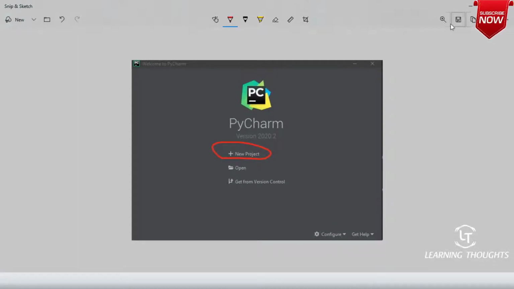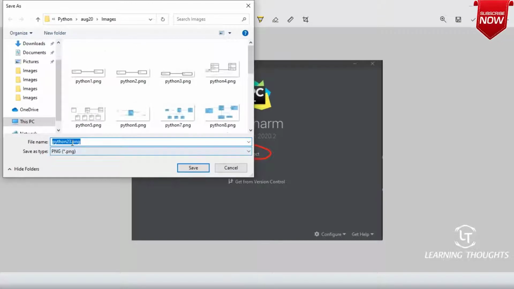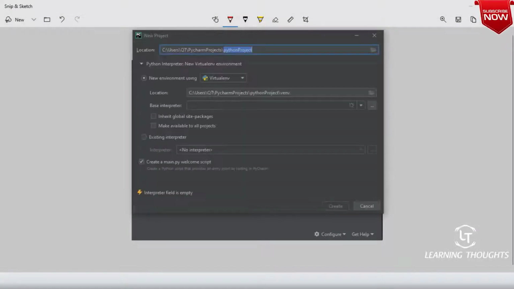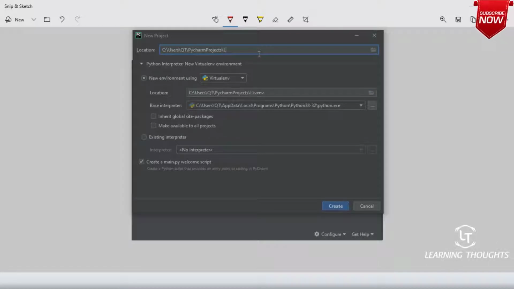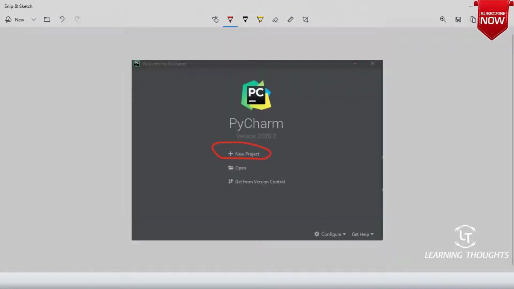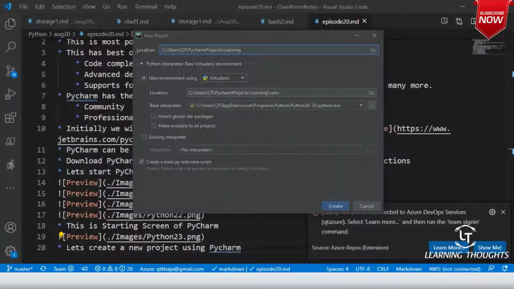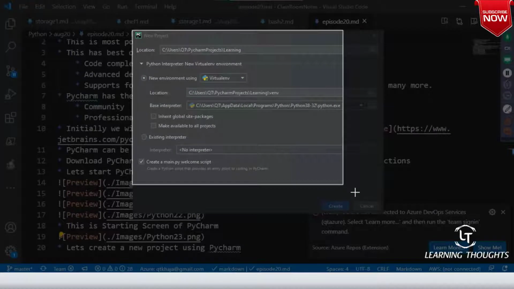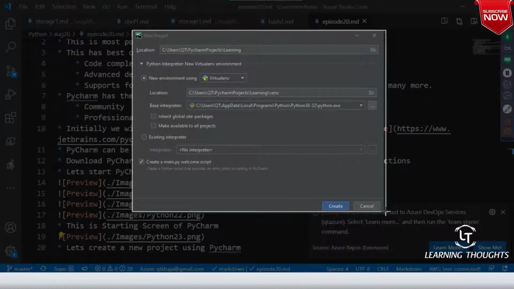So click on this new project, and then it is asking for path. So I will tell that it is learning. And right now I am not very much worried about what these settings are when I'm creating the new project, but as we proceed further, we will try to understand them.